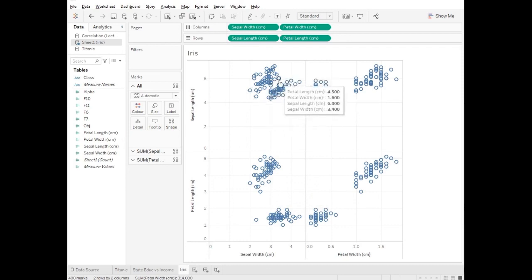So that was the one we started with. This is sepal width plotted against petal length, and this is petal width against petal length. So this is petal versus petal, and this is sepal versus sepal. In any case, you can see that, depending on which dimensions you plot against which other dimensions, there's